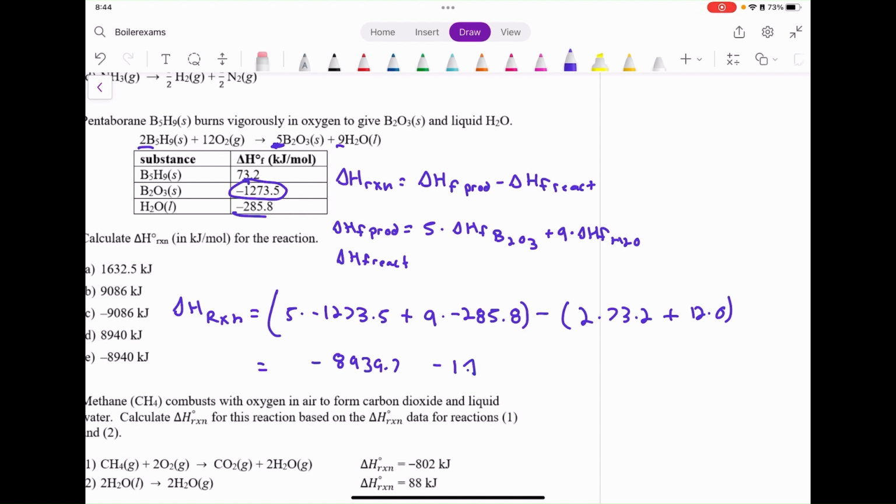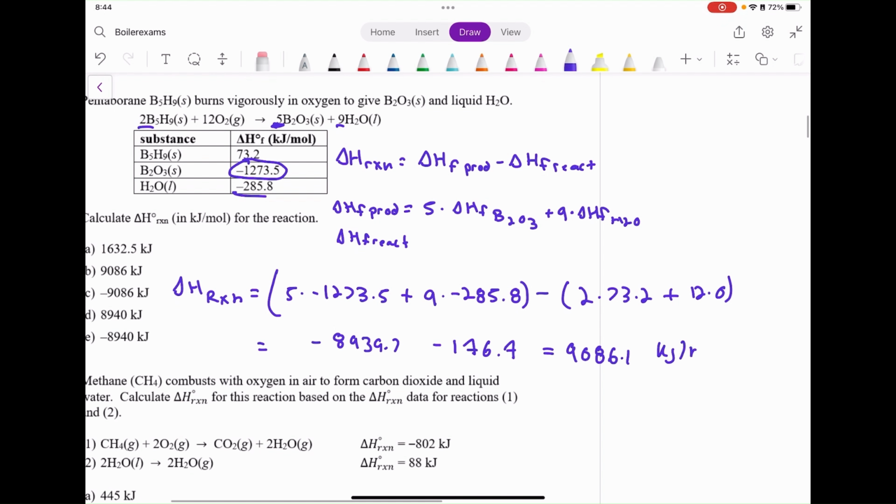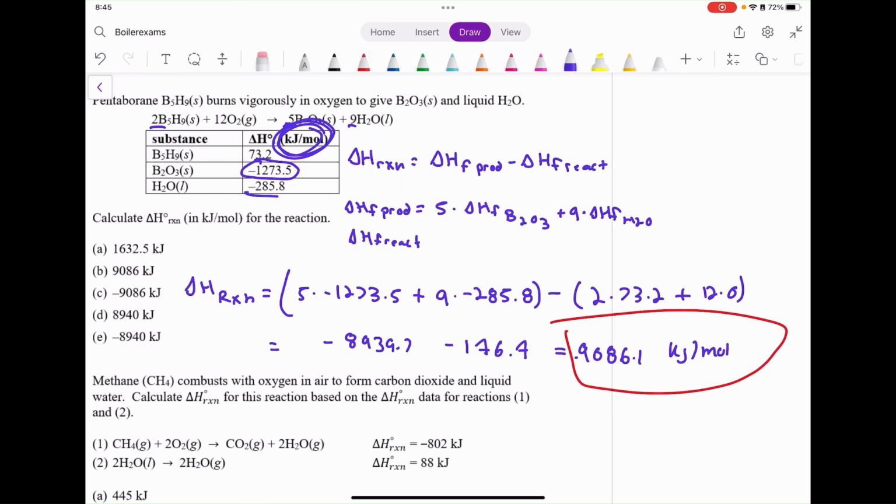I get 146.4. And this equals 9,086.1. And I omitted units, but we are in kilojoules per mole because we did not change the units from our delta H formation. So here's our final answer, 9,086, and that's negative. I forgot the negative. So that leaves us with